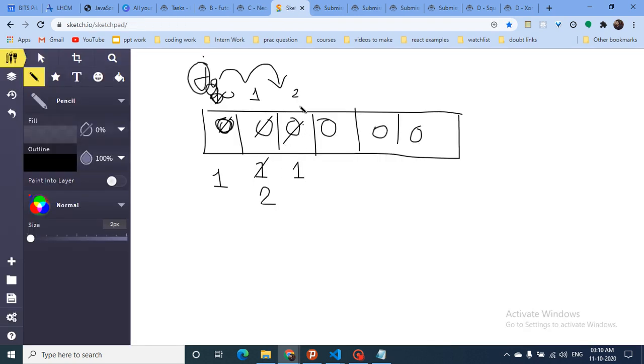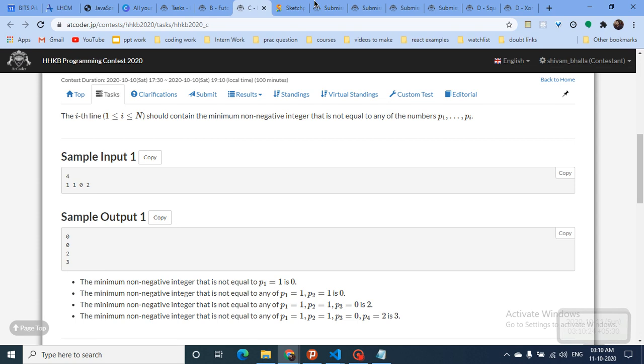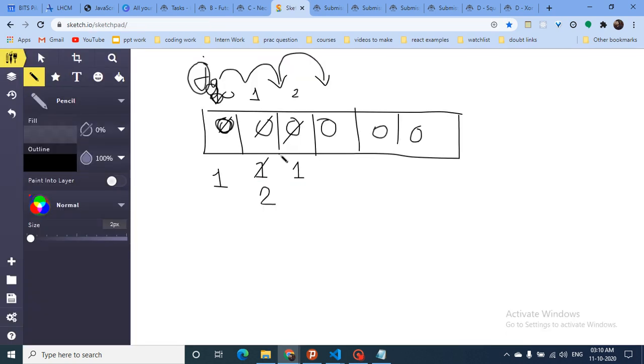Now again the point at which j is, it is not equal to 0. So again do a while loop and you will move to this point, so it is 3. Actually I'm just printing out the index of these numbers. I hope you get the point how we are iterating and finding the answer for this. So let's move on to the code part now.